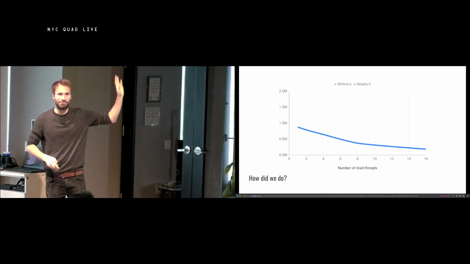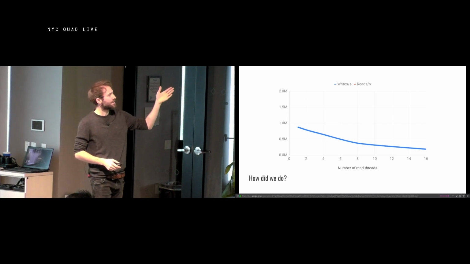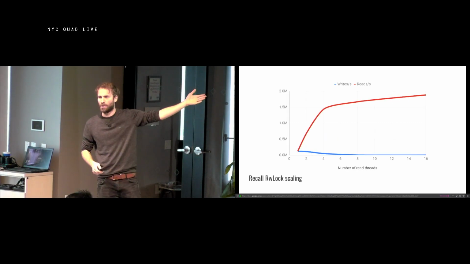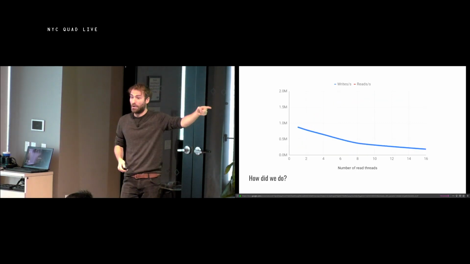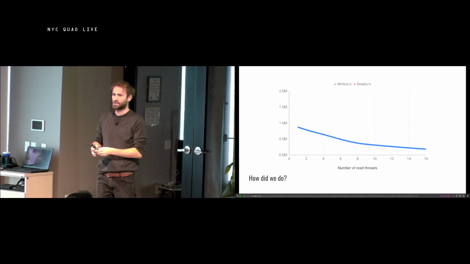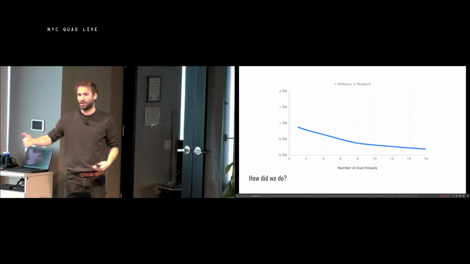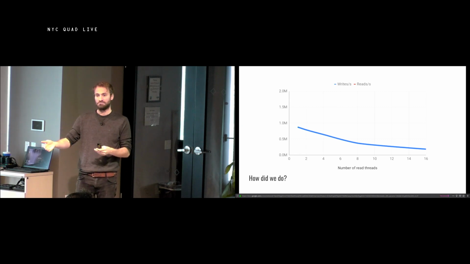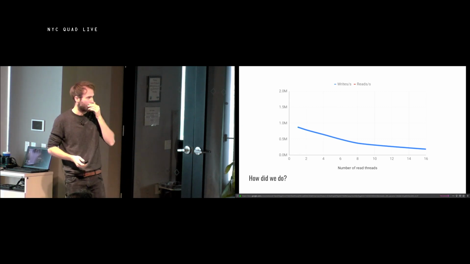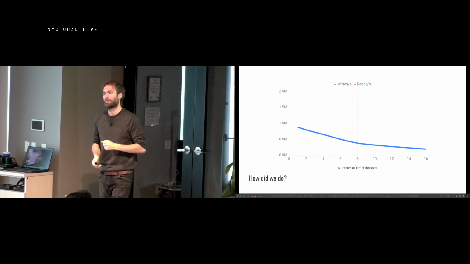So this is on the same axis. And you see that the writes are a lot faster than the ones for ReadWrite Lock. They are still going down, but that's sort of what we expect because there are more writes happening. Sorry, there are more reads happening. And so the writer gets to take their turn less often. So that's as expected, but it is doing a lot better. But where are the reads?